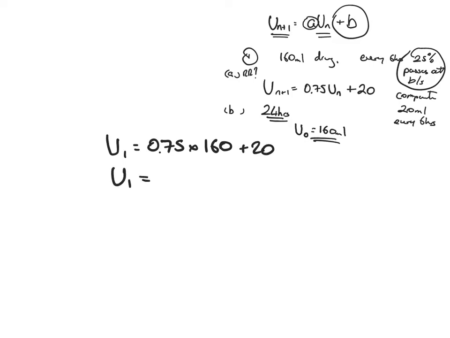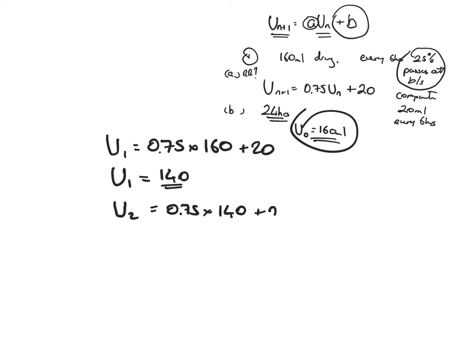Okay, so a calculation of that will give me 140. Okay, so that's after 6 hours. After 12 hours, then it's going to be 0.75 lots of not 160, but this time 140, plus 20. Okay, and that will give me